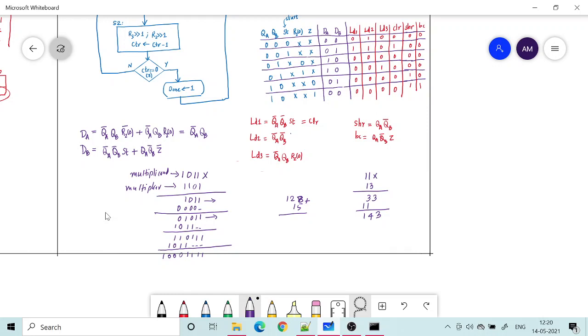The place values are like this, right? 2 raised to 0, 2 raised to 1, like that. When we come to the 8th position, that will be 2 raised to 7. So 2 raised to 7 is basically 128, plus the last 4 ones means 15, so that will be 143. Okay, so it is the same.